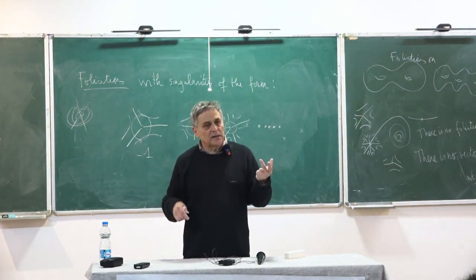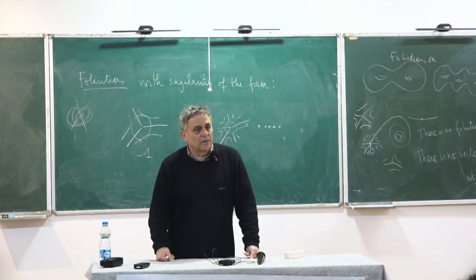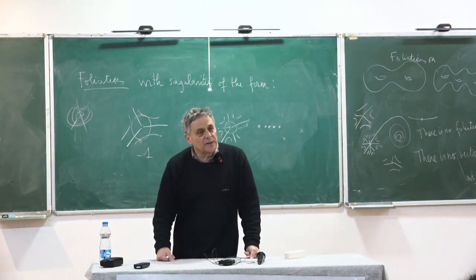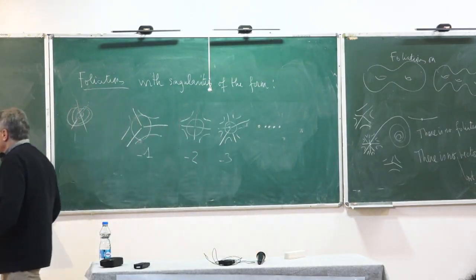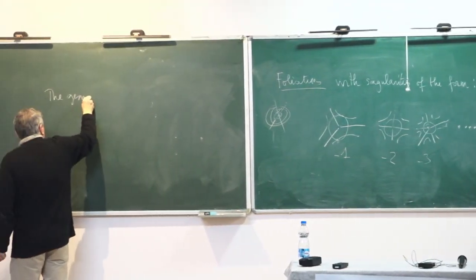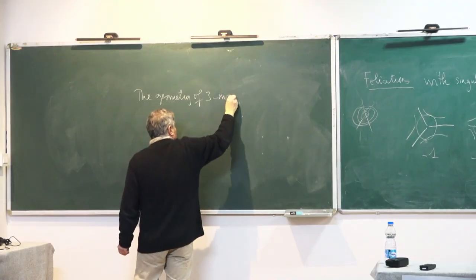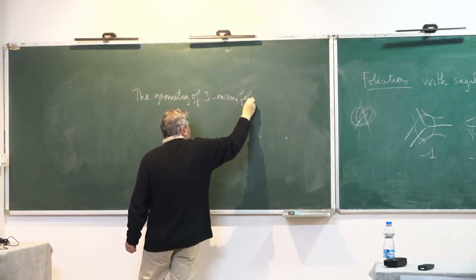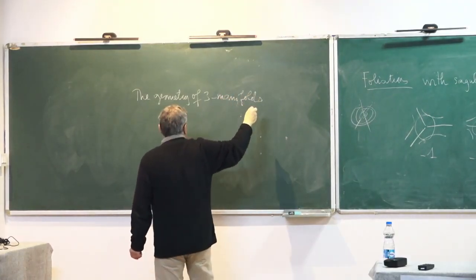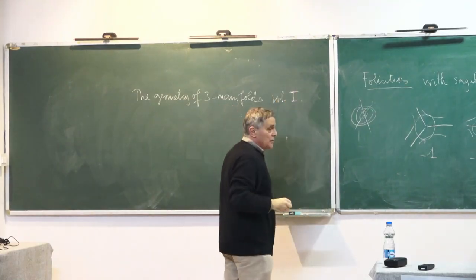And the third reference is a book written by Thurston, which is called The Geometry of Three Manifolds, and it's called Volume 1, and it's the only volume. In fact, Volume 2